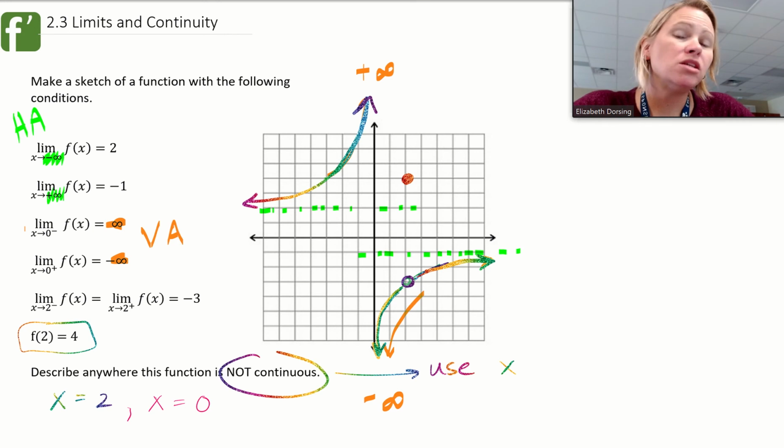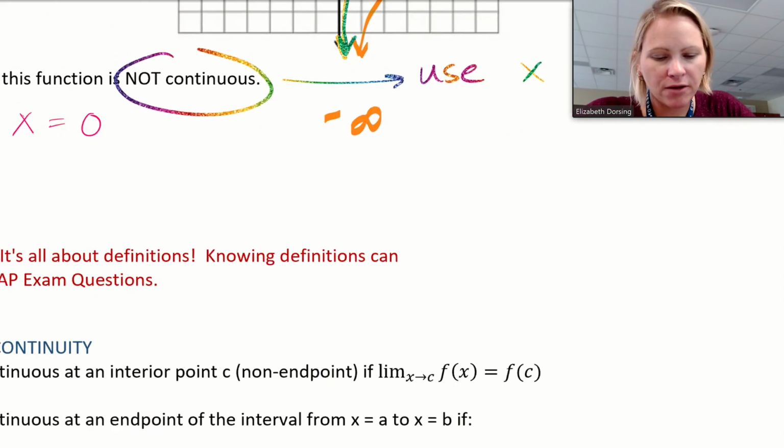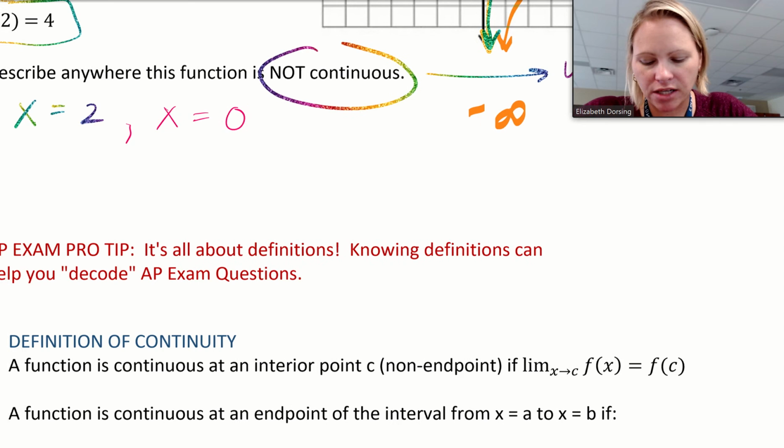Now, what that means is that the numbers 2 and 0 may or may not be part of the domain. So 2 is technically in the domain because we do have a y value. It's just not continuous there because I have to lift my pencil and jump up to it. But right now, my graph has 2 spots of discontinuity at 2 and 0. Now, remember, as we talk about continuity, it's all about